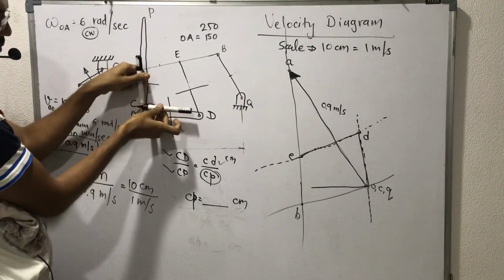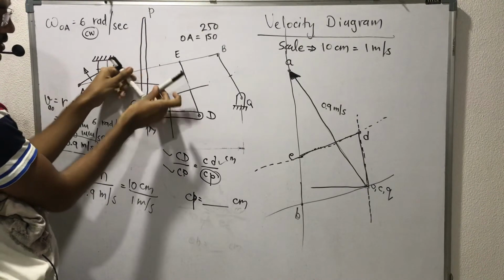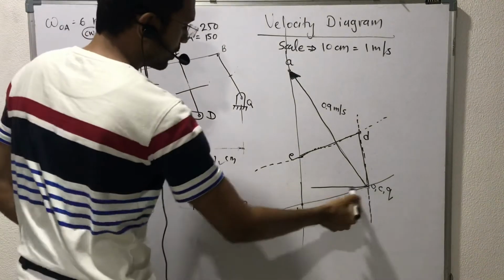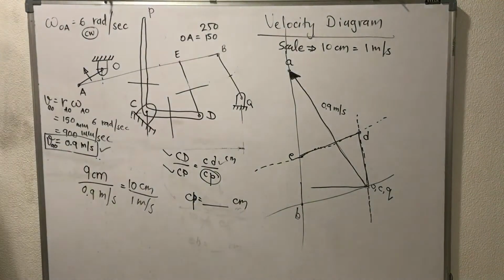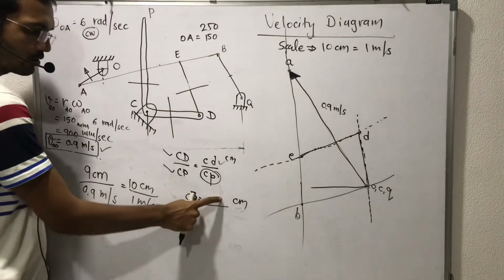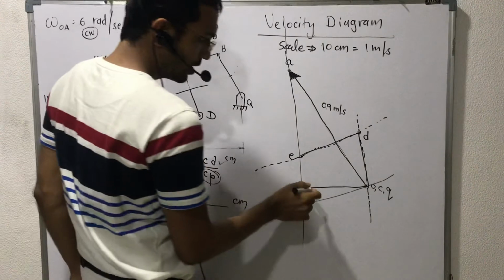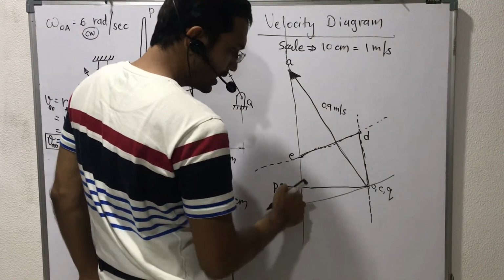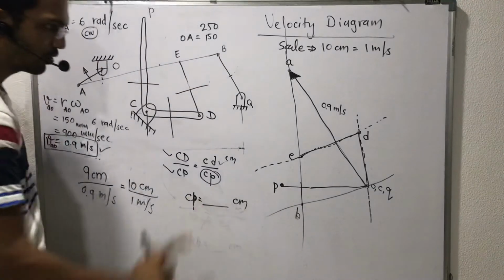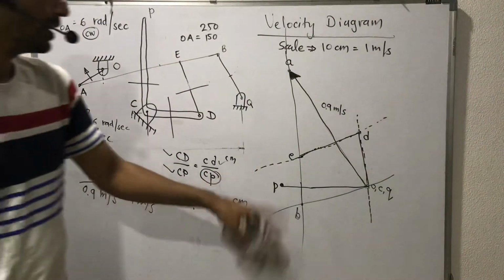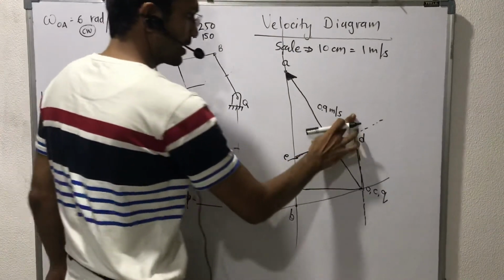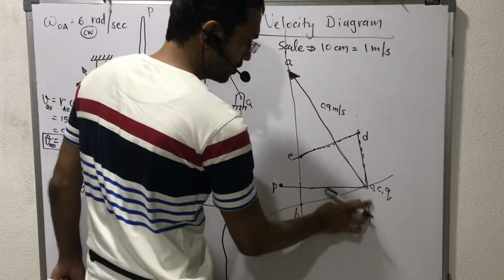See, point C is the intersection of two planes. So P is towards the left side. That's why I consider only the left side. Now CP you have as a specific length in centimeters, so I noted the P point over here. It may be inside also, depending upon your answer. So this will be our velocity diagram. These are the extra lines, so let us remove them.